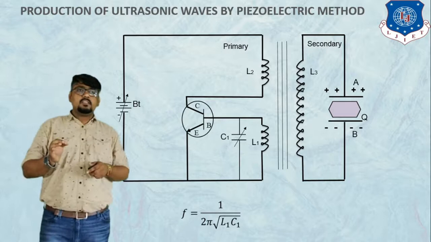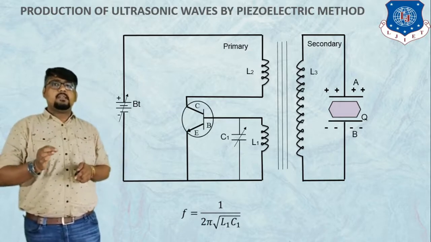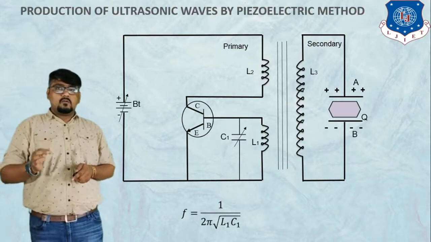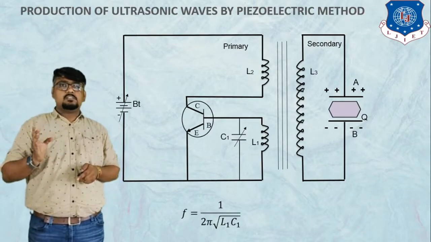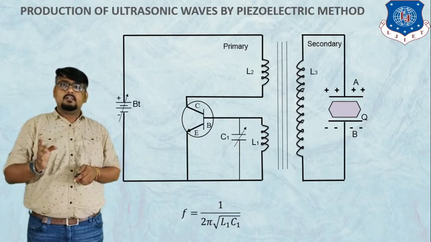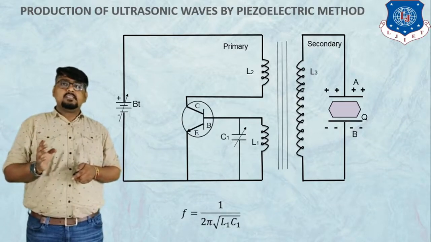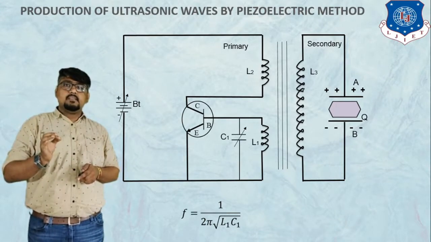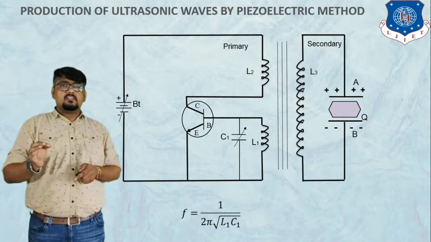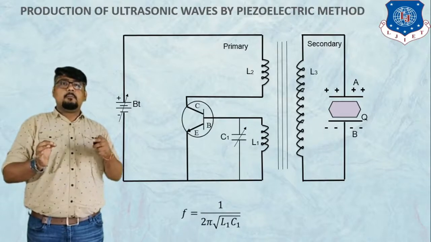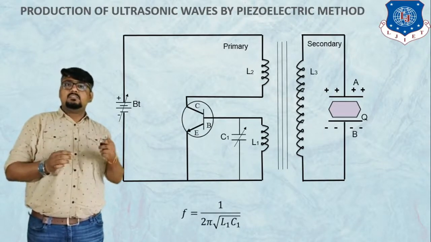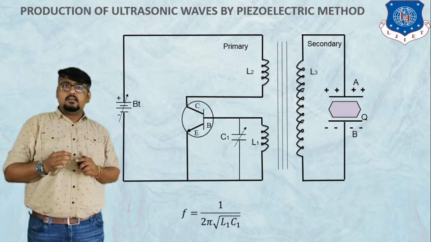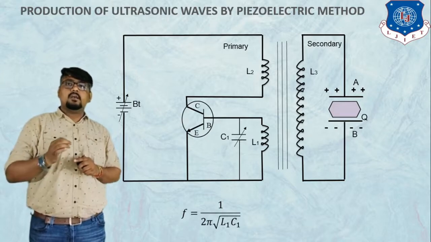Now, because of the EMF applied to the plates A and B, the piezoelectric quartz crystal will start vibrating and oscillating. The capacitor C here is variable. With the variation in capacitance, we can reach the resonance state. When the applied EMF matches the natural frequency of the quartz crystal, the crystal starts vibrating vigorously because of resonance.